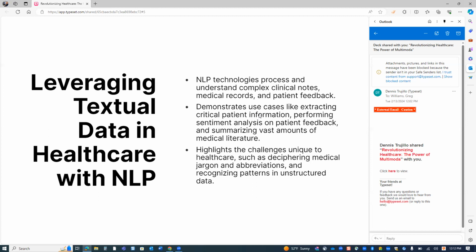Textual data is another extremely common modality. So the best techniques for working with textual data are natural language processing. So NLP techniques are used for understanding complex clinical notes, medical records, and patient feedback. So you can take your EHR notes, you can take anything that's been transcribed from a radiology report and use that as an input to an NLP type model. So example use cases are extracting critical patient information, performing sentiment analysis on patient feedback, and summarizing vast amounts of